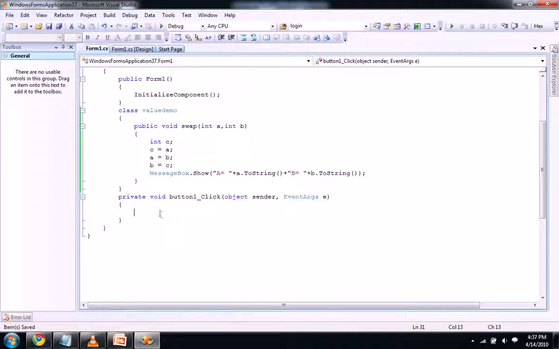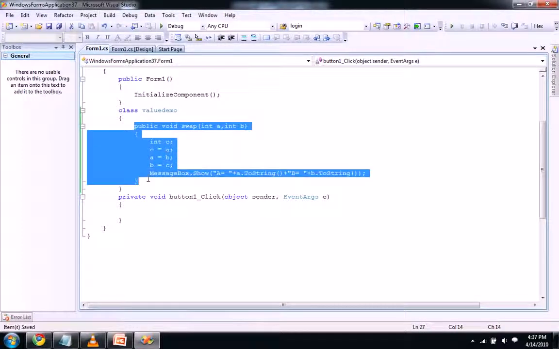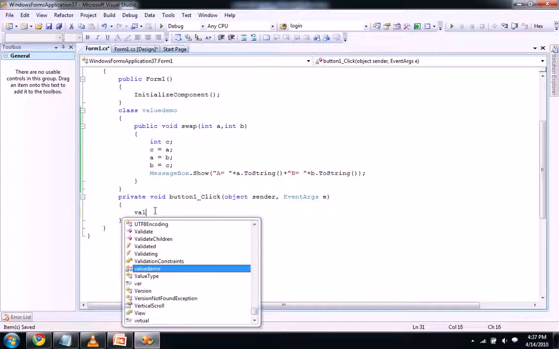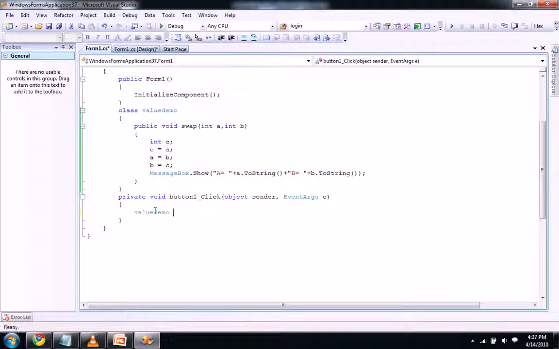When I click on the button I need to call this method. So let's create an object of ValueDemo, like a object equal to new ValueDemo. Okay, I created an object.